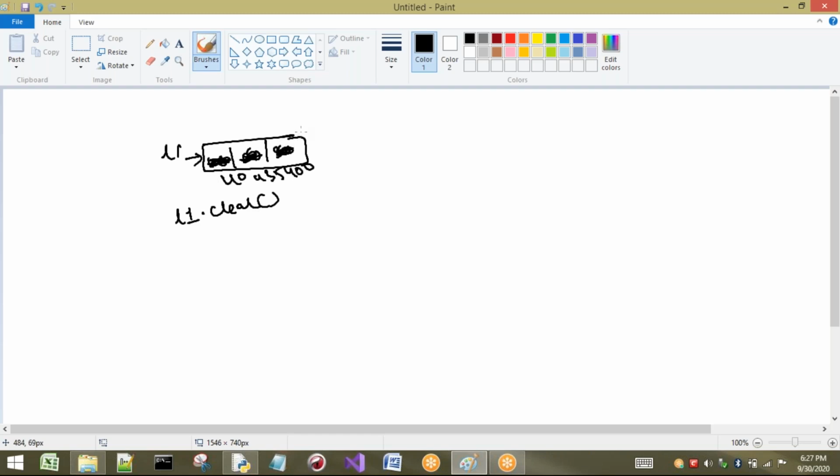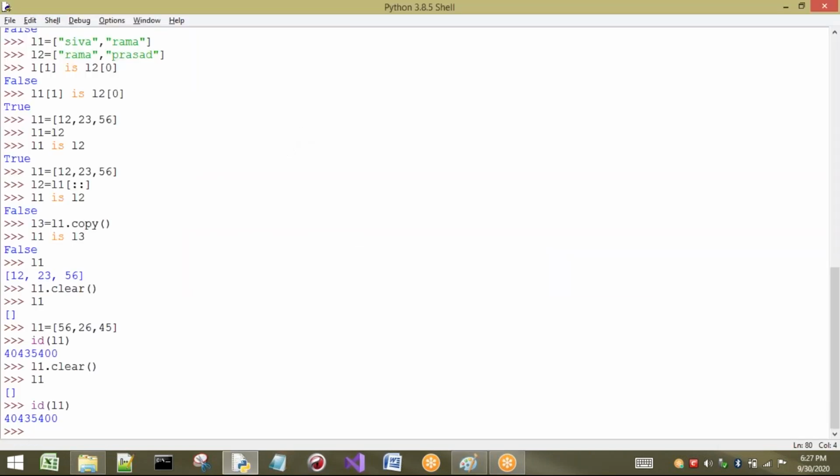Yes, it is not going to return any type. So by default, it is going to return what? None. Next concept is the None concept. If I am going to apply None to a list, then we have to see the difference between clear and None. That is, L1 equal to, I will take some strings here,